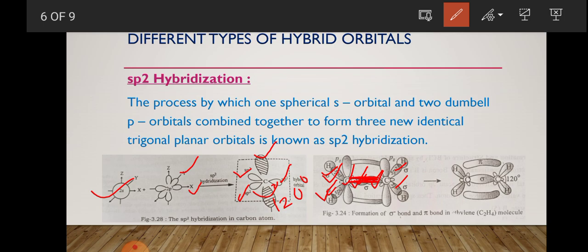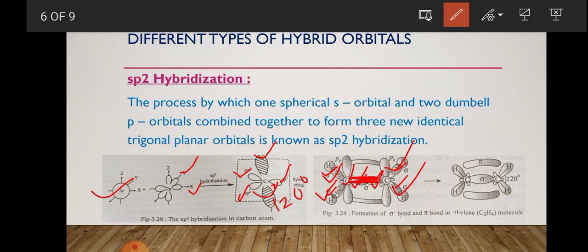And the second carbon also: in the second carbon, two sp2 orbitals form two sigma bonds with two hydrogen atoms. That means this one and this one. Now,